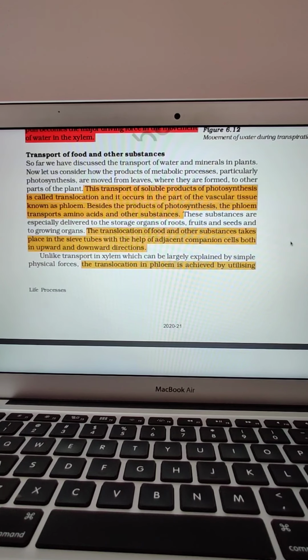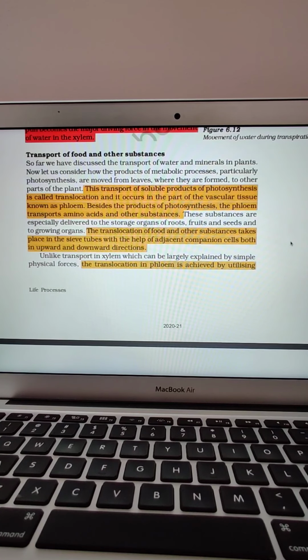The phloem. The phloem is the conducting tissue in plants which transports food from the site of synthesis, that is what, the leaves, to all the different parts of the plant. As you know, the components of phloem are phloem fiber, phloem parenchyma, companion cell and sieve tubes. So these sieve tubes are thick, circular and elongated, and the companion cell and the sieve tube are majorly involved